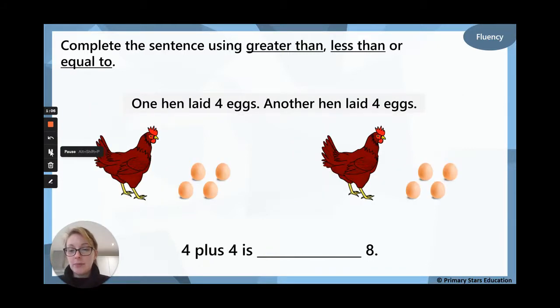So this time we need to complete this sentence either using greater than, less than or equal to. So one hen laid 4 eggs and another hen laid 4 eggs. So we need to work out 4 plus 4 and we need to work out is that greater than, less than or equal to 8. So